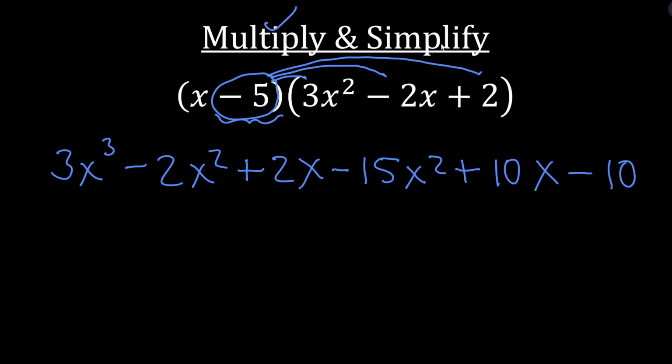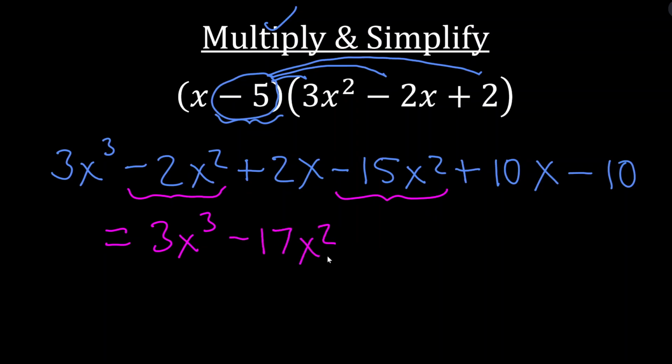Now all we have to do is this simplify step. So I'm looking for like terms. 3x cubed, that is the only x cubed term. So I'm going to go ahead and copy that down, 3x cubed. Let's see, I see 2 x squared terms, -2x squared and -15x squared. So I can combine these to be